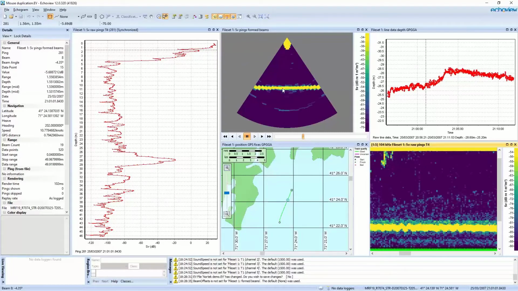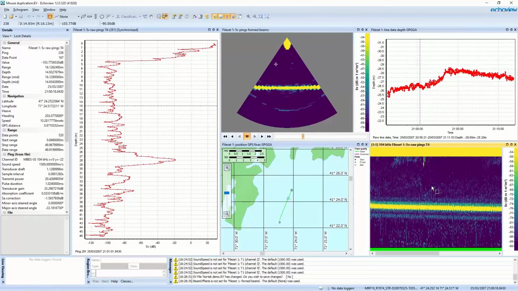And when it's on, you'll see cursors or icons on all the windows that have overlapping depth or time. So if I move my mouse up and down in the multi-beam echogram in the middle, we can see that there's a little cursor on the bottom right in the echogram. This is indicating the same depth. We can also see for my ping graph on the left that there's a horizontal dashed line that's moving up and down at the same time as my mouse.